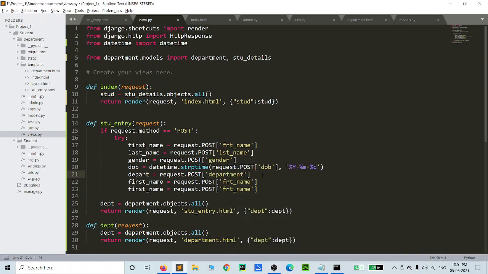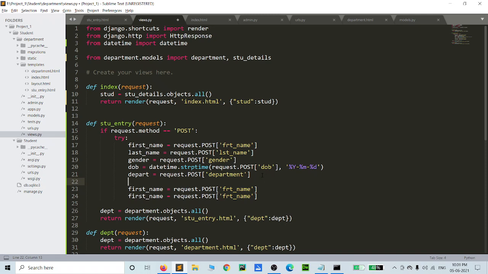After that, on the next line we fetch the department like this, from our department model, we get the objects and the get method with pk value, which is the department pk value, because this department variable stores the department id.